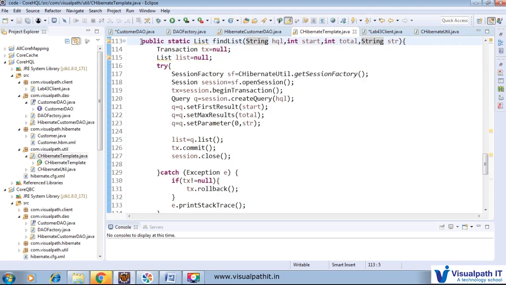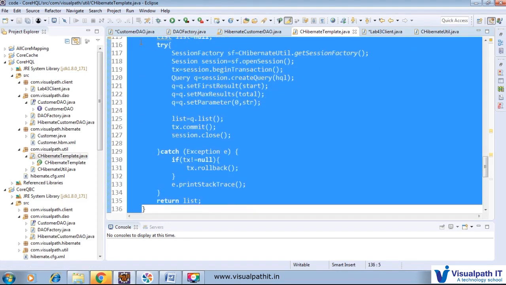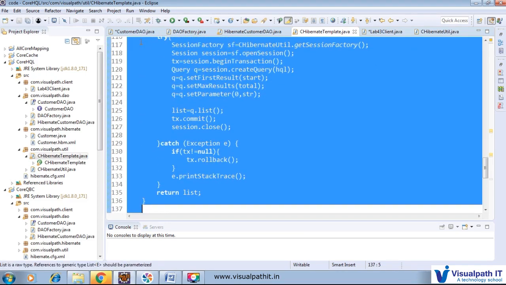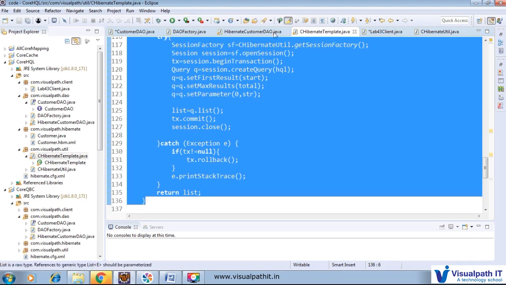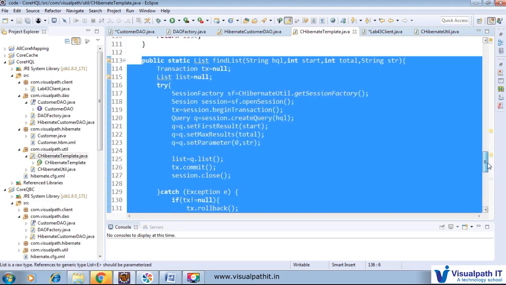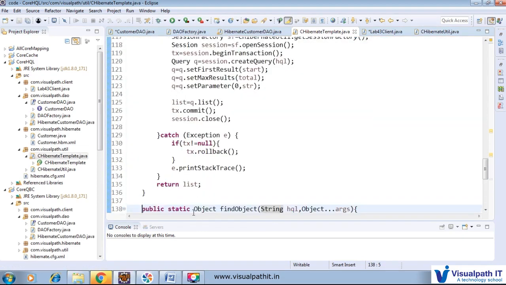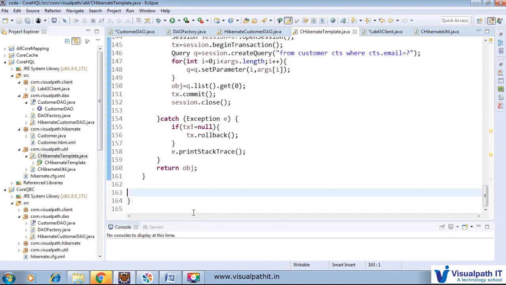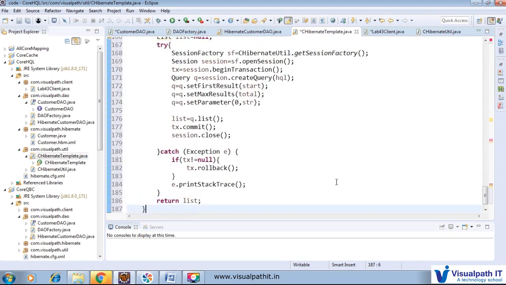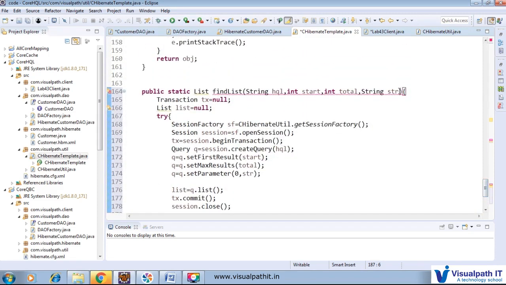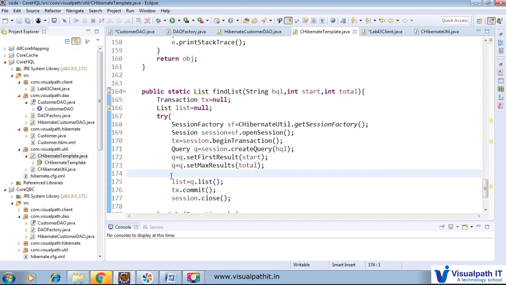So we have to create one more method where we don't have a str kind of thing, so we will not set this str. So now this is calling this find list.